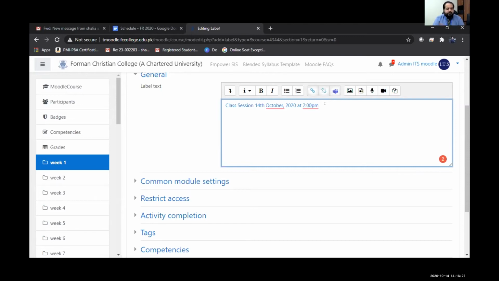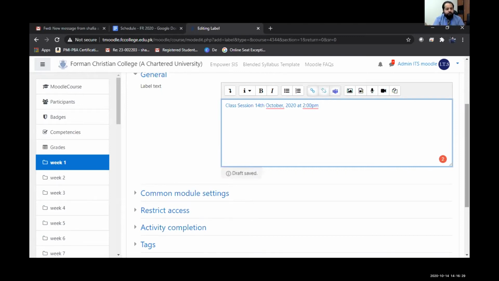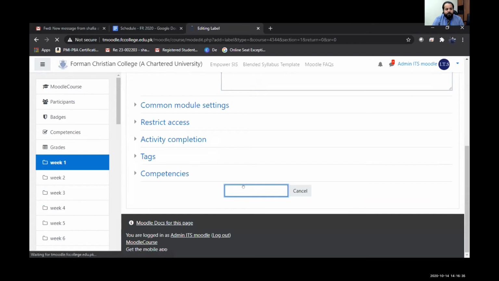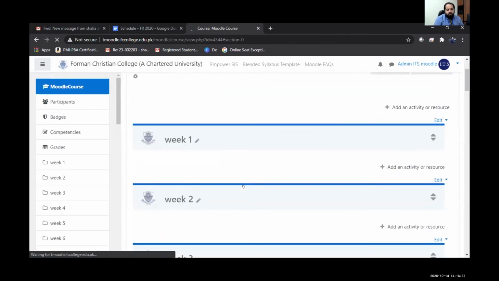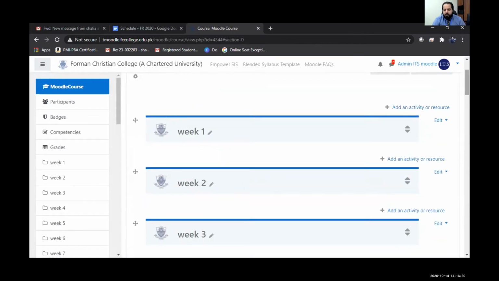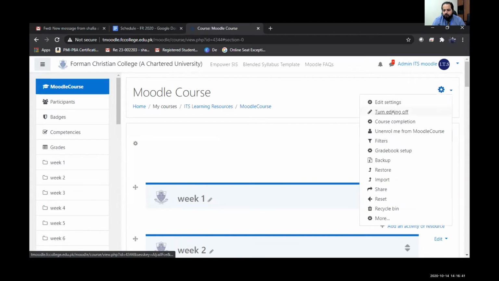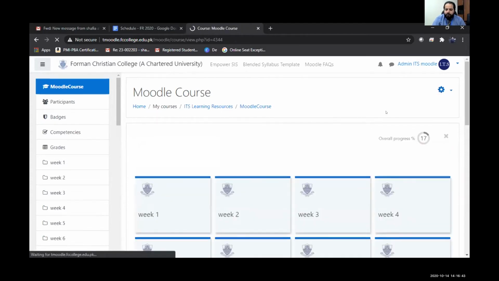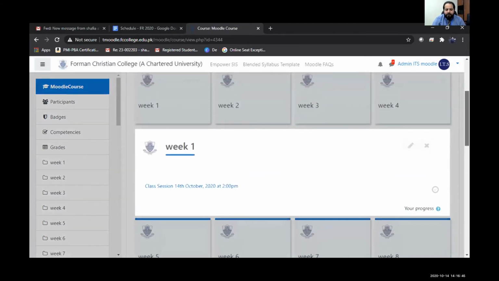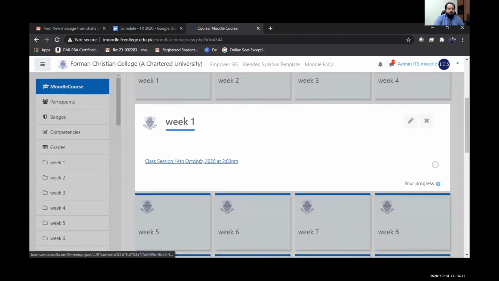You can put anything here that is more desirable to you. So I'm simply going to save and close this window, and let's view how the link is going to appear now. I created this link under week 1. So this link is created here.